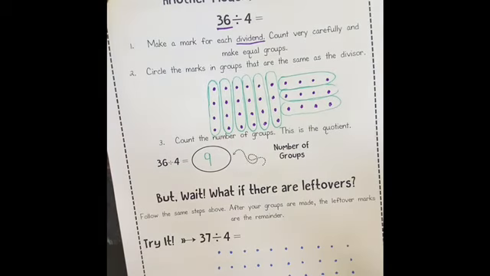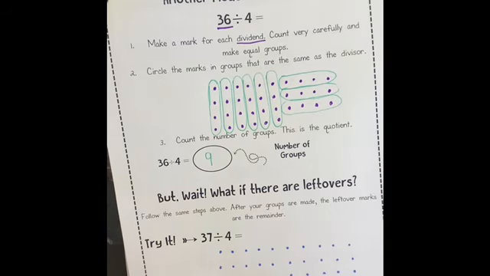And that gives me a total of 30. Now I need 7 more. 1, 2, 3, 4, 5, 6, 7. So I now have a total of 37 dots, and I'm still going to put them into groups of 4,